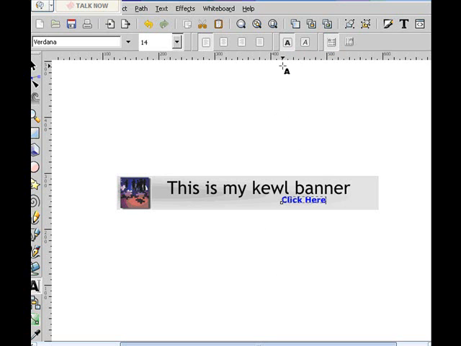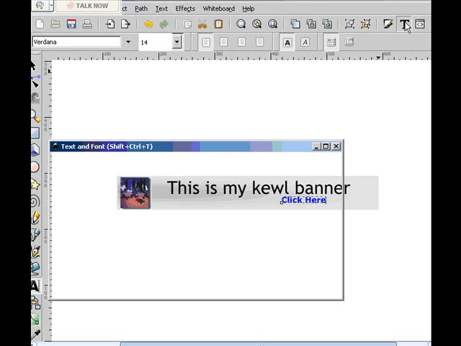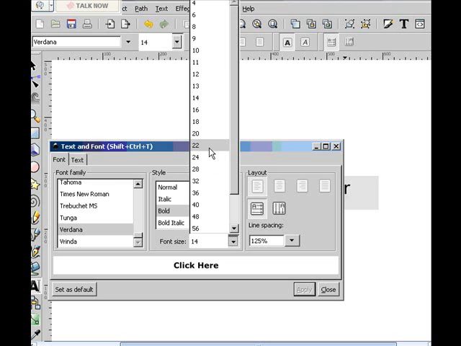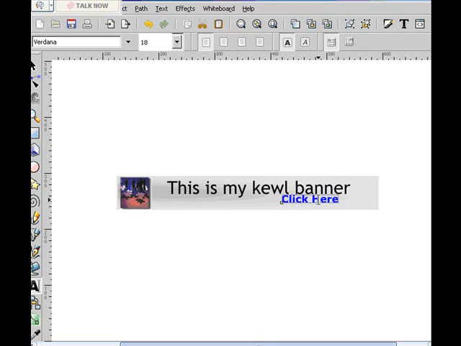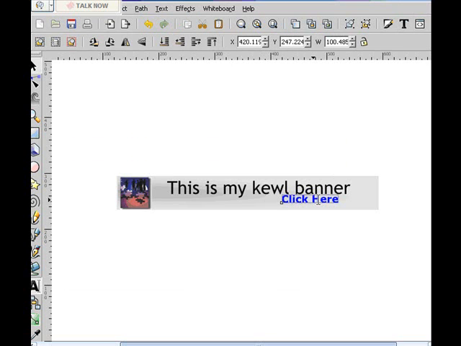There's a bunch of different ways you can change the text on it, and we'll change the size just a little bit. We'll make it 18. See what that looks like. Yeah, that's a little better. Then we can move this down here, and that's kind of an ugly banner, but